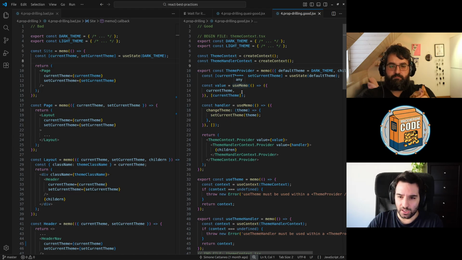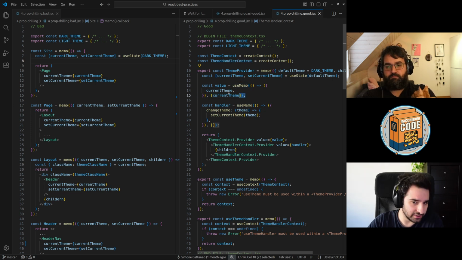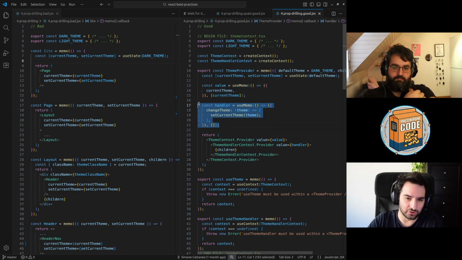Let's continue. One context contains the data that can change frequently, and the other one contains the handler function that does the mutation of the data.